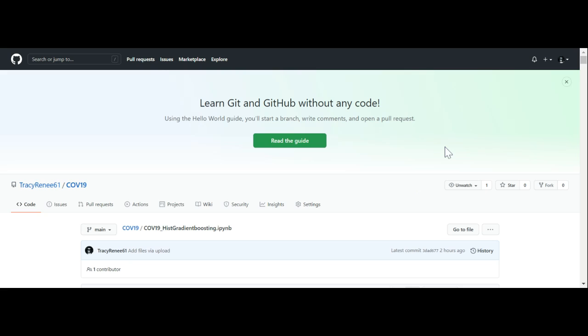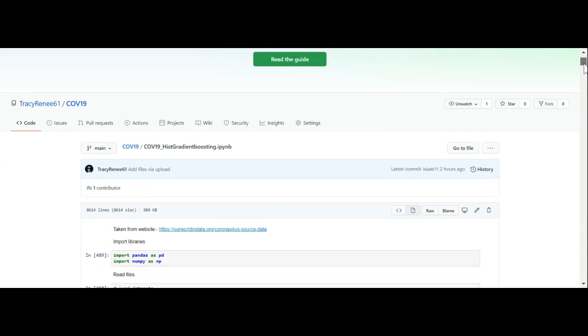So what we'll do now is we'll go over the program that I've written about COVID-19, and you can tell me what you think. I've worked on it for about 2 days, so it's taking me a long time to work on it and decide what I wanted to do and how I wanted to do it, and I had to research a lot of code in order to do it.